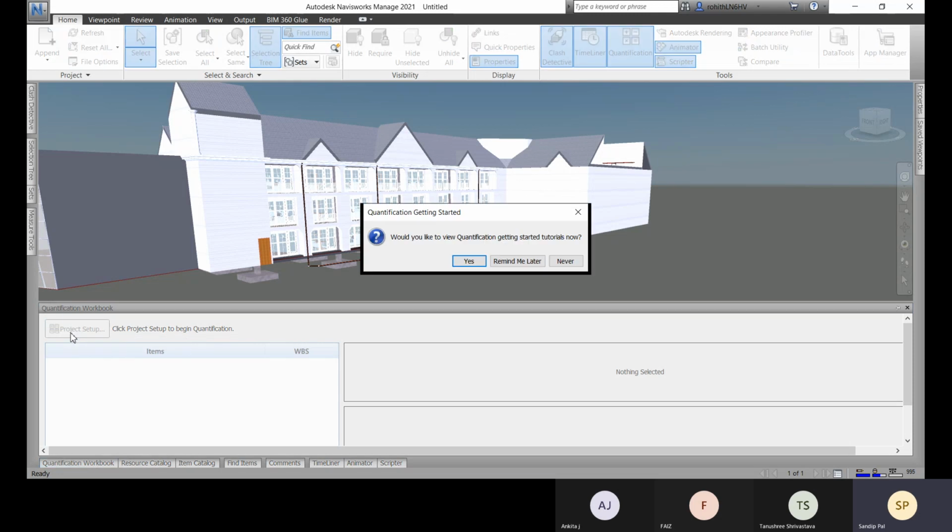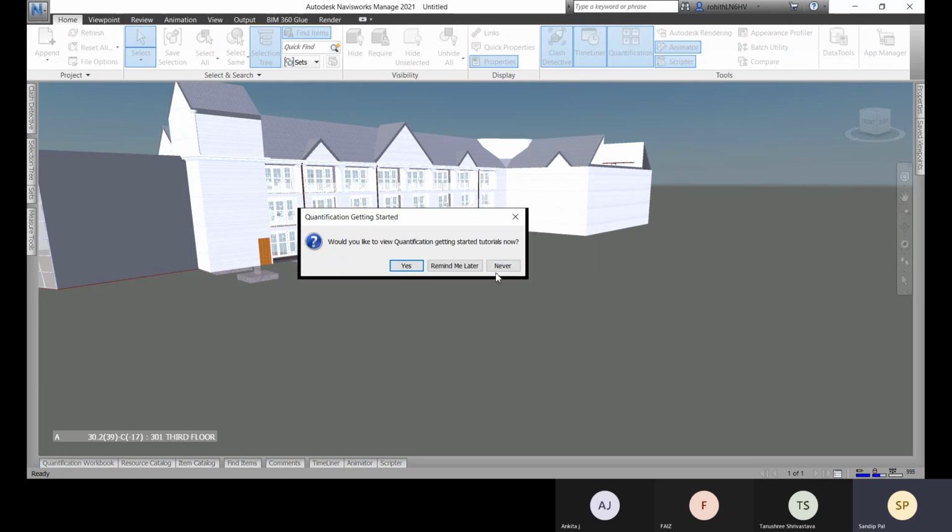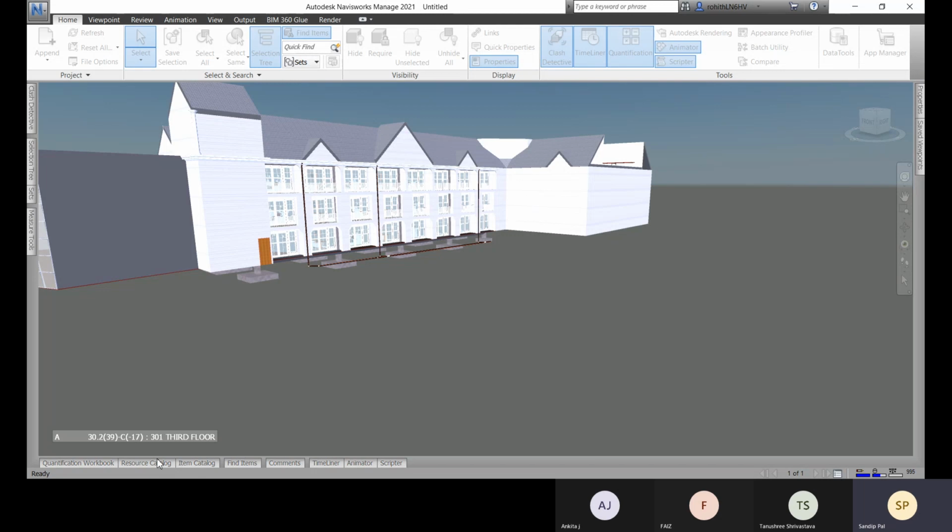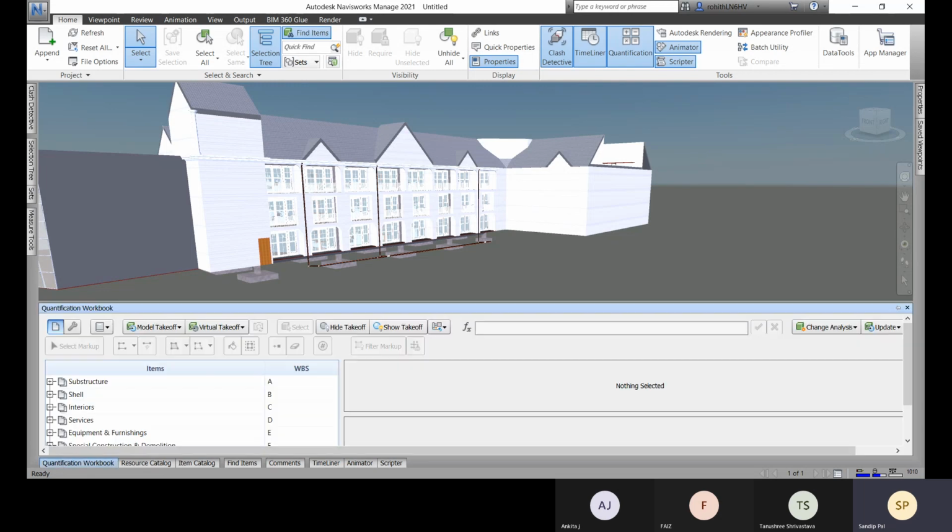First, you have to go with this new project setup, and then you choose the format or the catalog, that is Uniformat. Go with this next and choose the right unit, that is metric. Next, and what are the properties you need within your takeoff, so that you select and then finish it. All right, then you can see these are the things you have added.